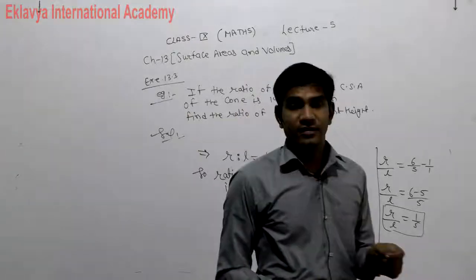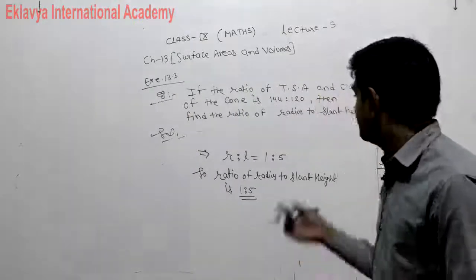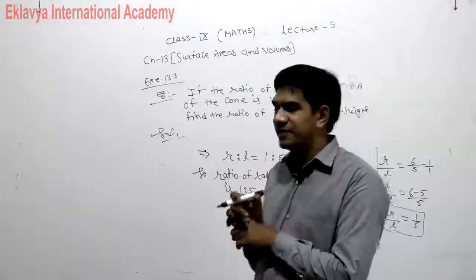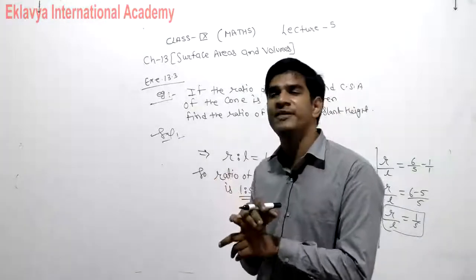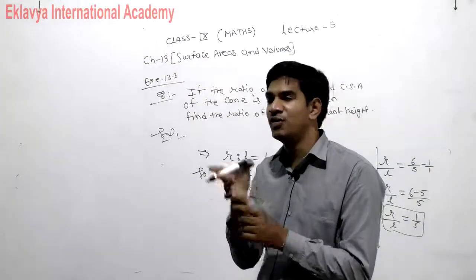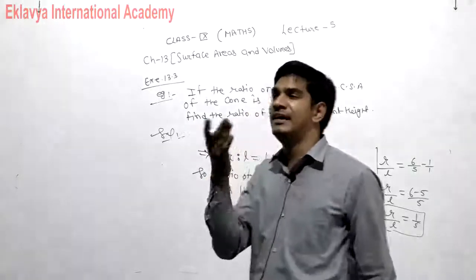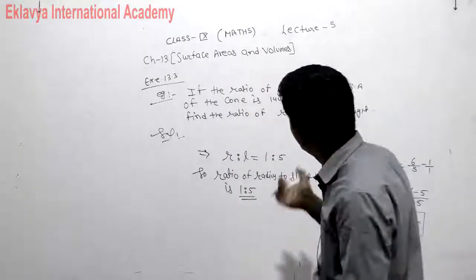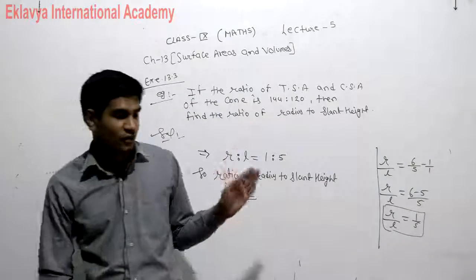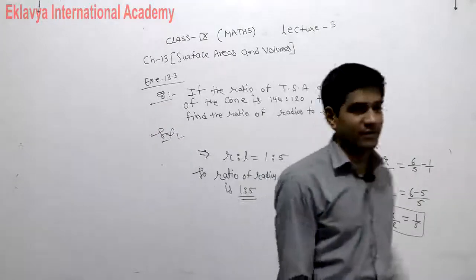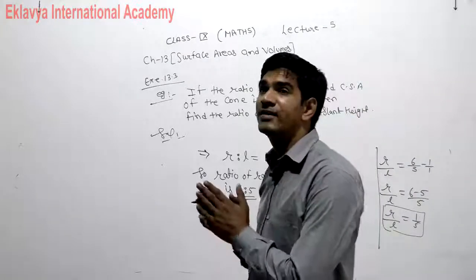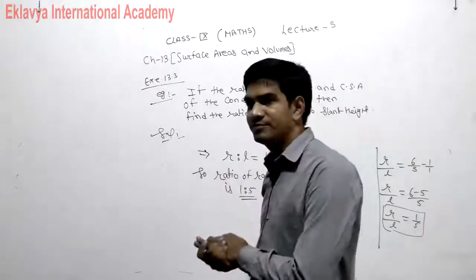So students, all questions are based on formulas. If you know the curved surface area of the cone and the total surface area of the cone, and how we find the total surface area of the cone using the curved surface area and its base area, then easily you can solve each and every question. Understand? So in today's lecture 5, we discussed different and important questions based on the cone.